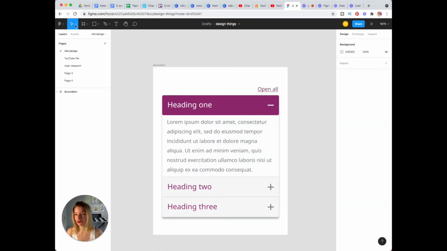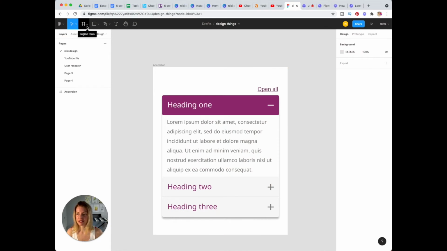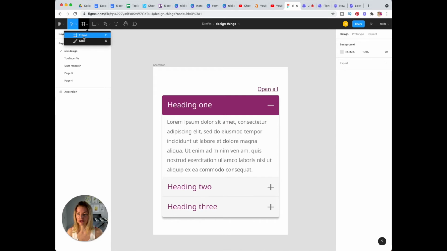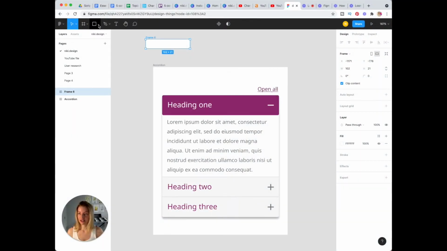In your toolbar, you have the selection tool here, a move and scale option as well. I like to have my mouse on the selection tool. It's just my practice, but whatever works for you. This one I think it got renamed recently, so now it's called Region Tool, but this is essentially how you can draw a frame. Keyboard shortcut is F, or you click this option. I like to use keyboard shortcuts, and I just have a frame here. Okay, very good. And this is our shape tool. You have rectangles, lines, arrows, ellipses, polygon, star, and you can place an image in here.